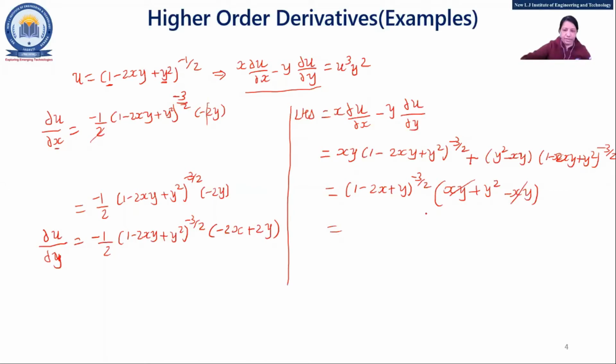So how is it supposed to be written? See, here you want u cube. Now go to the right hand side part. Y square you will get, right? The second term is y square. Now u cube, and here you have minus 3 by 2. So 1 minus 2xy plus y square raised to minus 1 by 2, and here 3. You can write it in this way, because these are supposed to be multiplied, by the rule of exponents that we have seen in the basic mathematics lecture. So this can be replaced with u, so u cube y square.